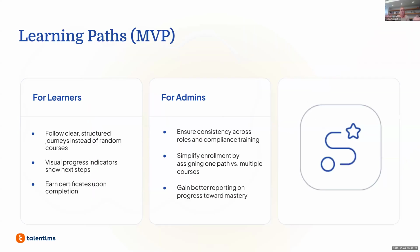And now that we have seen how integrations like LinkedIn Learning open up more possibilities for learners, let's talk about how we can guide them through all that content in a structured way with learning paths. This feature brings structure and clarity to the learner journey. For learners, instead of bouncing around courses, they can now follow a clear step-by-step path. Visual progress shows them where they are, what's next, and all this leads to certification